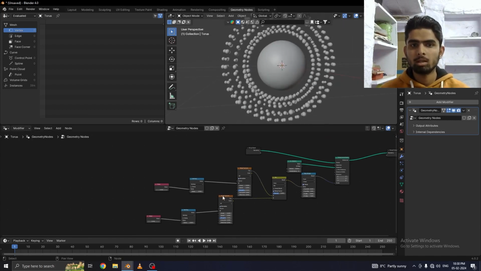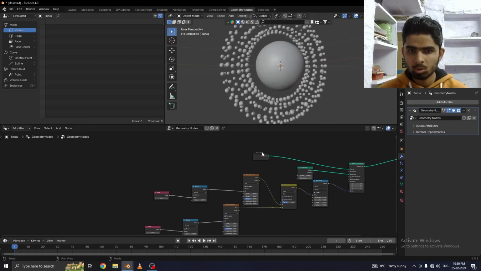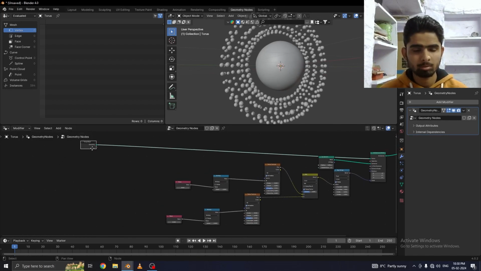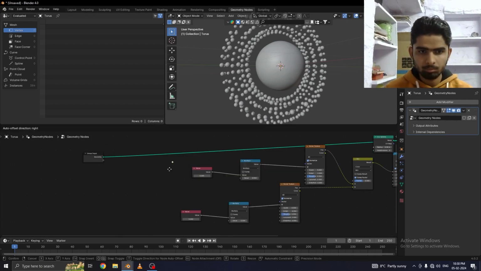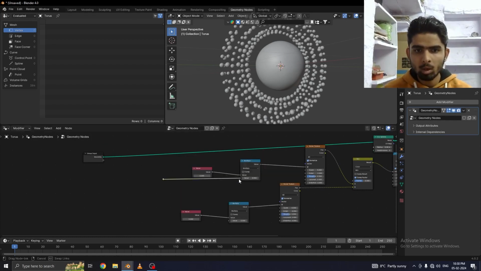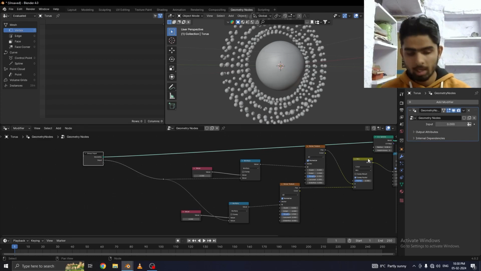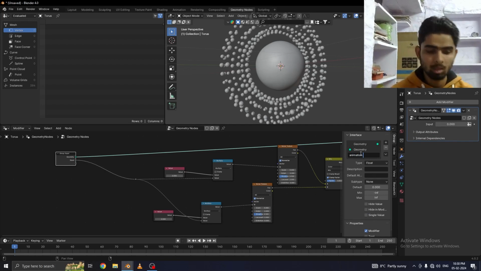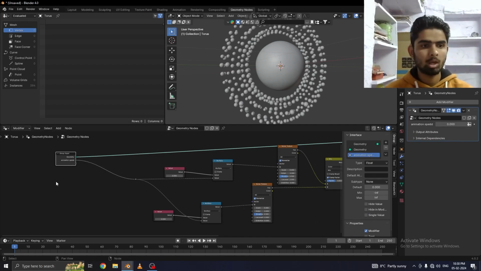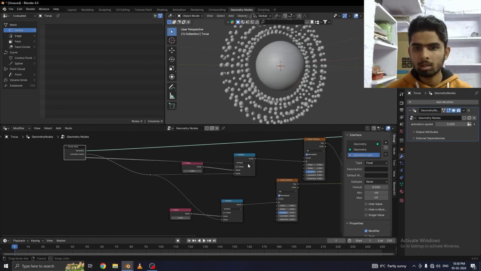Now you can see that we are going to change the value soon, but one thing I want to tell you, just look at this. Shift A, add a reroute and connect this reroute to value 1, value 2 and connect this to this. Okay, and change the name to animation speed because it will be a controller to control our animation speed here. Animation speed. Okay, and connect this to scale,